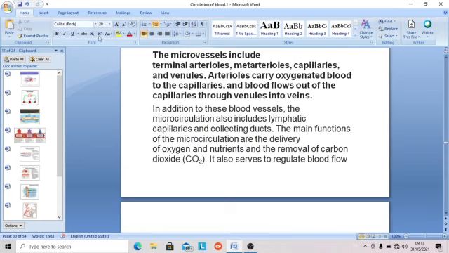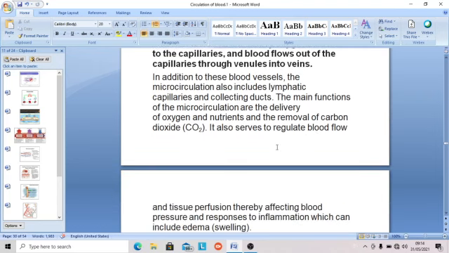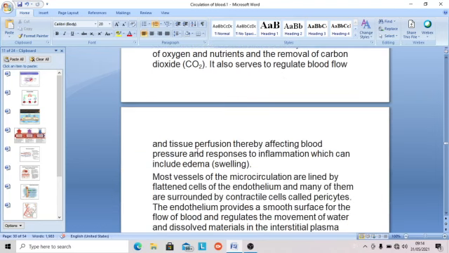So microvessels include terminal arterioles, meta-arterioles, capillaries, and venules. Arterioles carry oxygenated blood. In addition to these blood vessels, the microvessels also include lymphatic capillaries and collecting ducts. The main function of the microvessel is delivery of oxygen and nutrients and removal of carbon dioxide. It serves to regulate the blood flow and tissue perfusion, thereby affecting blood pressure and response to inflammation, including edema,